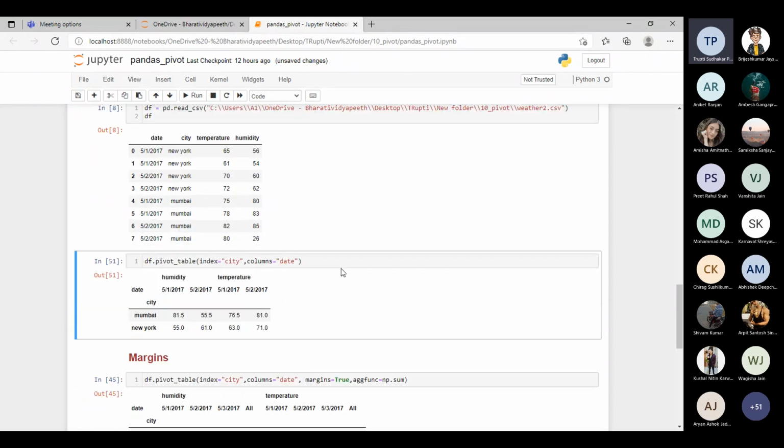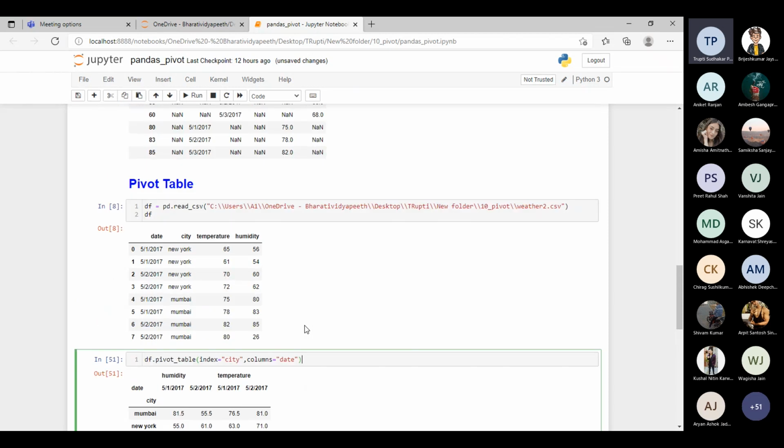Now here we have the pivot table. The pivot table here contains only two cities, and we can extract here with the help of this pivot table. We are taking out a particular date. Now here we have only 1 and 2 date. Lastly, we have the 3rd, 5th, 2017 also. So in that way, we extracted the column of that particular date, column as my date, and my index is my city. So this way the pivot table is going to be generated with the pandas library function.